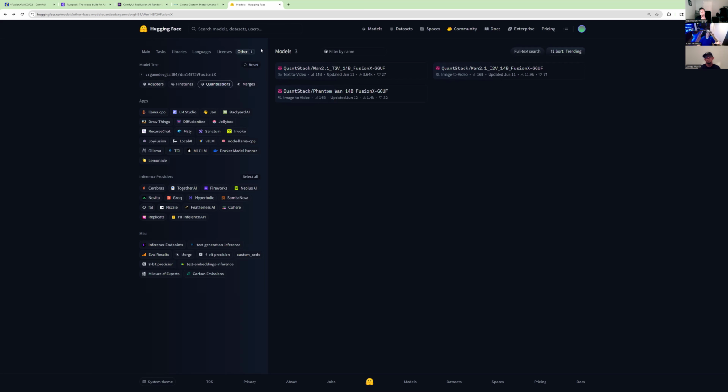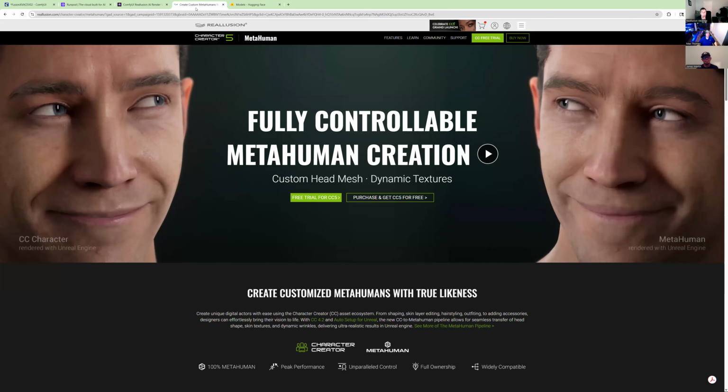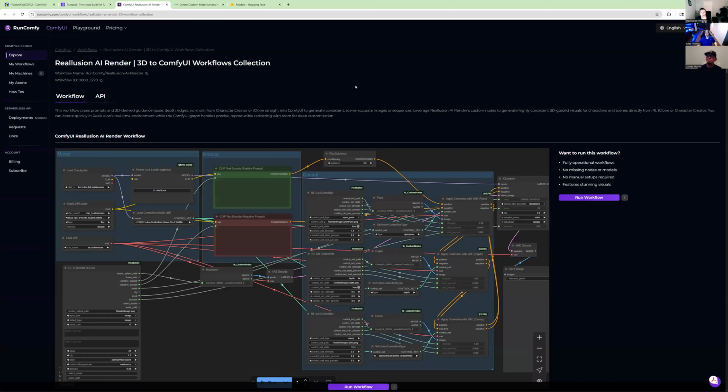Today we're going to start our journey out. I just wanted to show you where this model exists on Hugging Face. It's also available through GitHub for you to pull as well. Today we're going to dive straight in and just work with Kevin, since you already have access to that LoRA. But we're going to start out in Character Creator 5 today instead of Character Creator 4, which is super awesome. I've been playing with it a little bit this week, and I hope you have too and have had a little bit of fun. We will spin up a RunPod, we will spin up RunComfy,